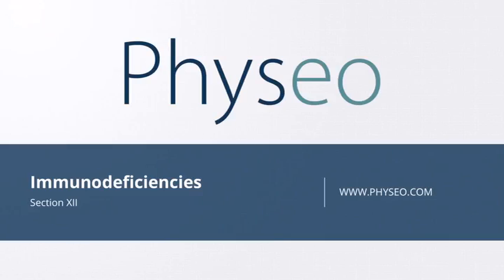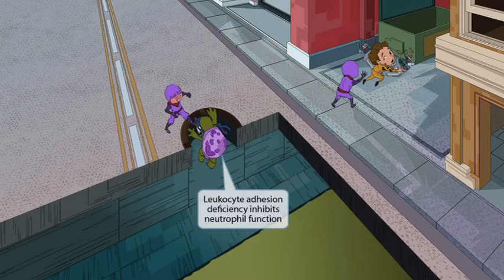Welcome to Section 12 of Immunodeficiencies. In this section, we'll be discussing leukocyte adhesion deficiency type 1. Let's get started. Our story takes place on a street with an alley where some mutant turtles with ninja skills